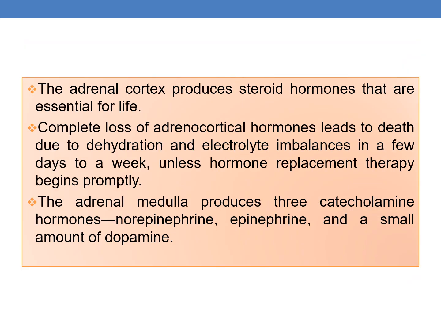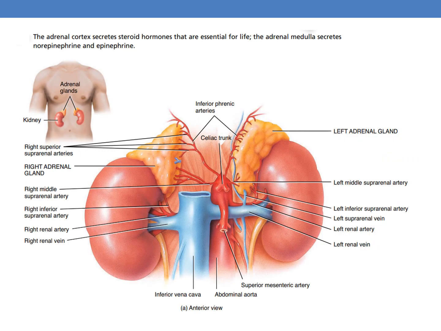The adrenal cortex produces steroid hormones that are essential for life, and complete loss of adrenocortical hormones leads to death due to dehydration and electrolyte imbalance in a few days to a week unless hormone replacement therapy begins promptly. The adrenal medulla produces 3 catecholamine hormones: norepinephrine, epinephrine, and small amounts of dopamine. Here you can see the adrenal cortex secretes steroid hormones that are essential for life, and the adrenal medulla secretes norepinephrine and